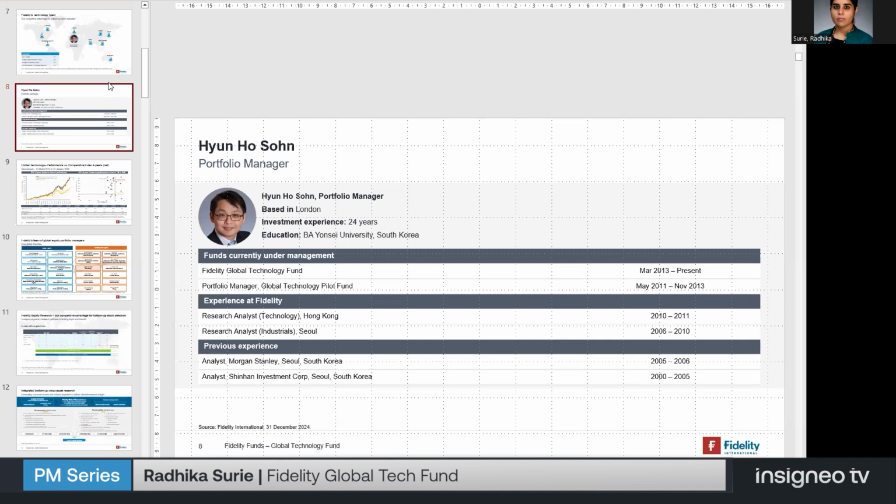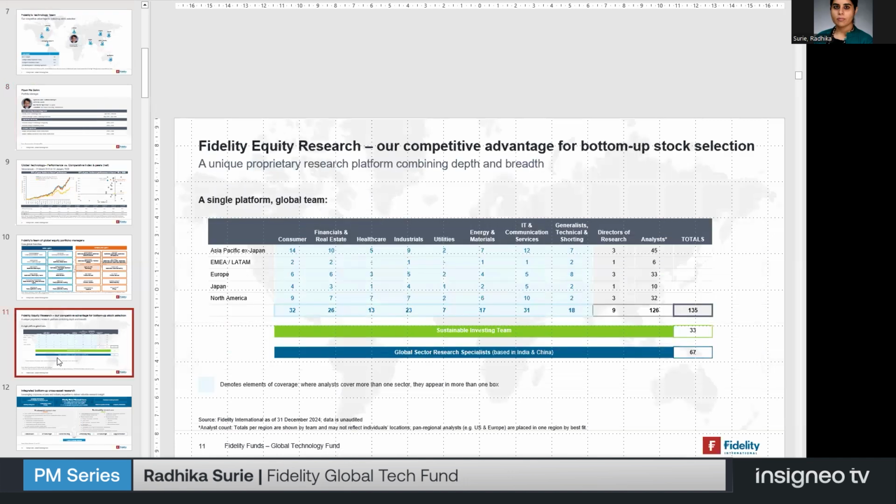He joined us as an analyst at Fidelity, and he moved to a portfolio manager after that, which means that bottom-up research-based stock selection is very much part and parcel of his DNA. He works very closely with a broad-based team of analysts that we have at Fidelity. So if you look at the slide we have on screen right now, you'll see that we have equity capabilities across the board. So we're looking not just at regional representation, but also subsector representation. So Hyunho works very closely with 31 analysts, many of whom are very, very experienced, and many of whom work very, very closely with him and have done so for years.